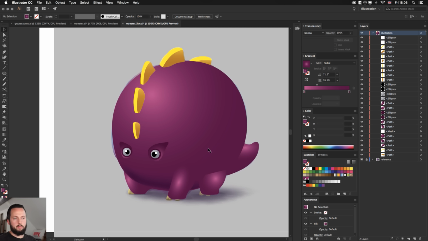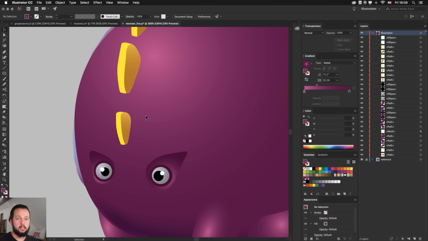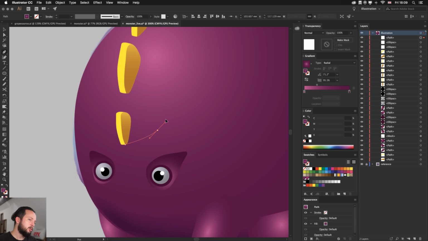So let me show you another technique, something that I haven't used so far, an opacity mask. Now, masking is again something that you need to learn in Illustrator, both opacity and clipping masks, because with that you can achieve so much, and again, you can work in a much more professional way. So what I'm going to use it for here is the cast shadow of these little details. Did anyone know the name of these details, by the way? Did anyone?